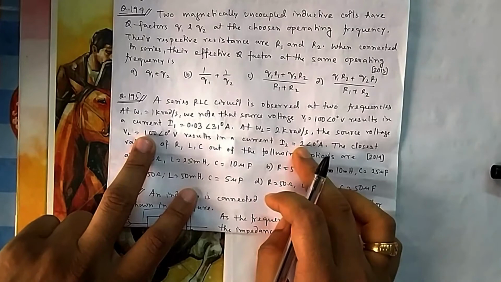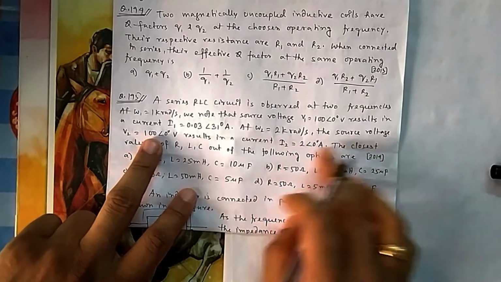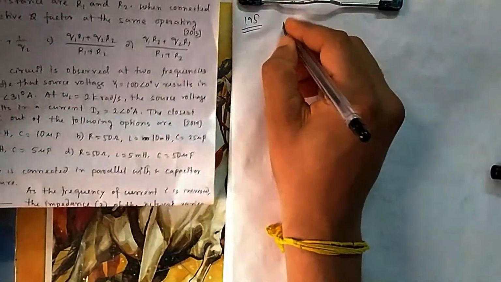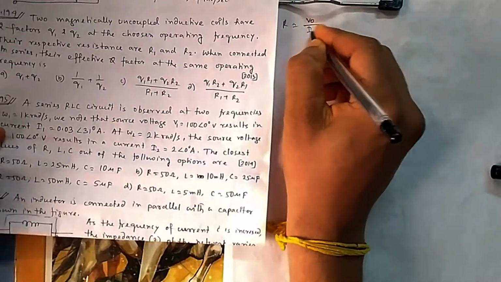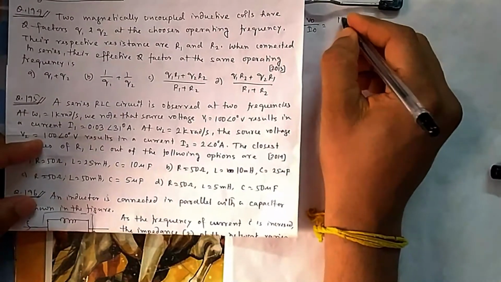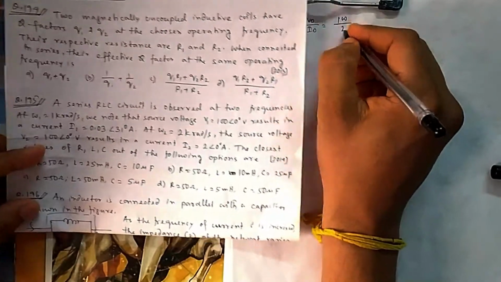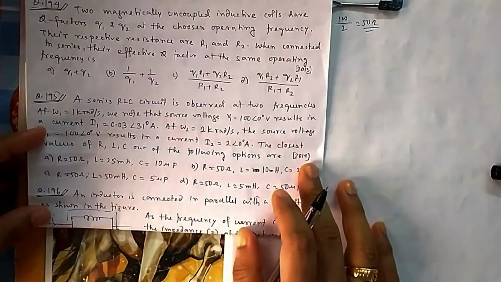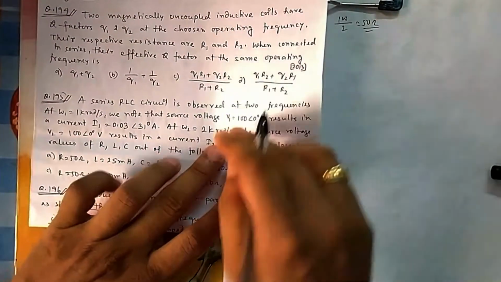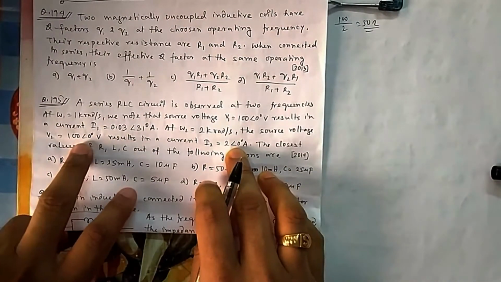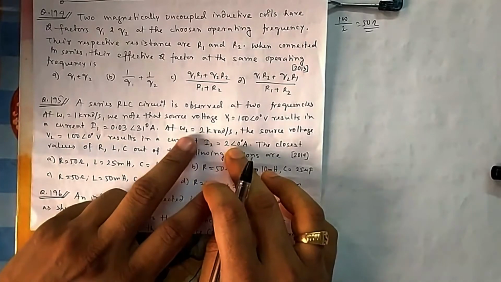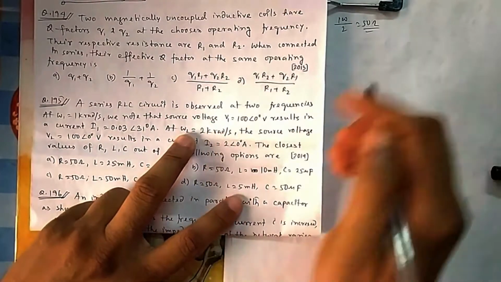So you can easily calculate impedance. That impedance will be equal to R. So R we directly got. What will be R? Resonant voltage by resonant current. So the resonant voltage is 100 divided by 2, that is 50 ohm. So directly you can get R equal to 50. Everywhere it is given 50. And your omega 2, this is because the angle is 0. There is no angle between V2 and I2. So this frequency is nothing but the resonant frequency.